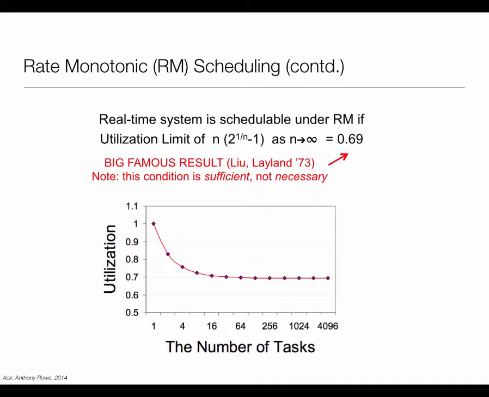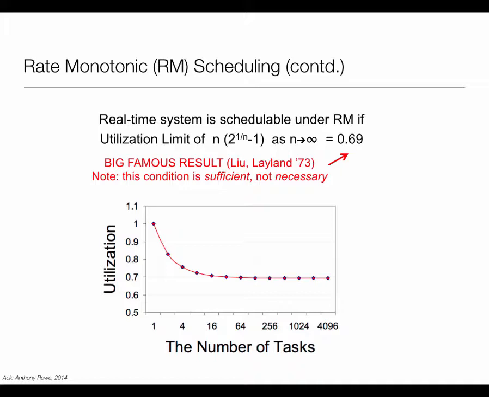Okay, so you give me n tasks, I check against this limit, and if the processor utilization is less than this, then we know that rate monotonic can schedule, namely it can run with our policy of highest priority always running, and all the deadlines will be met. Now for n equal to 2, this means it's 2 times 2 to the power 1/2 minus 1, and you work the numbers out. I think it's like 0.8384, something like that.